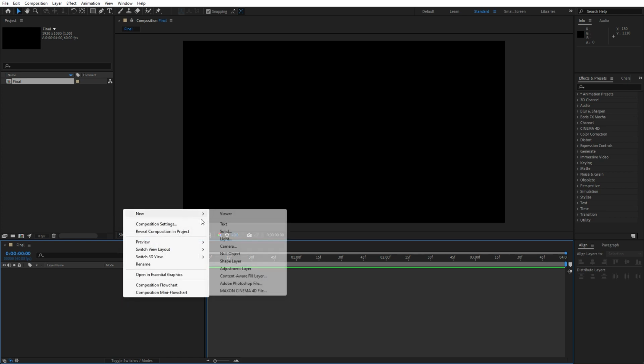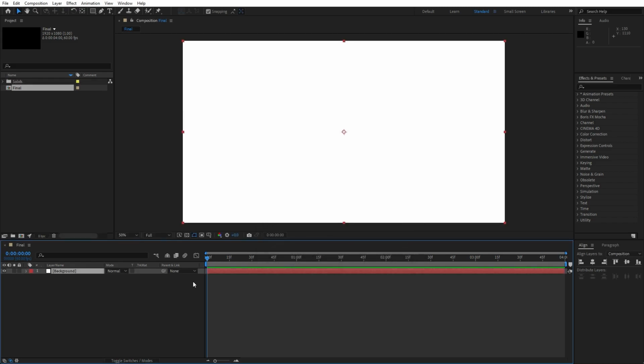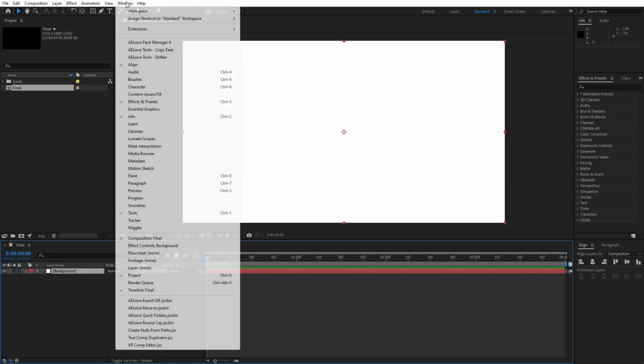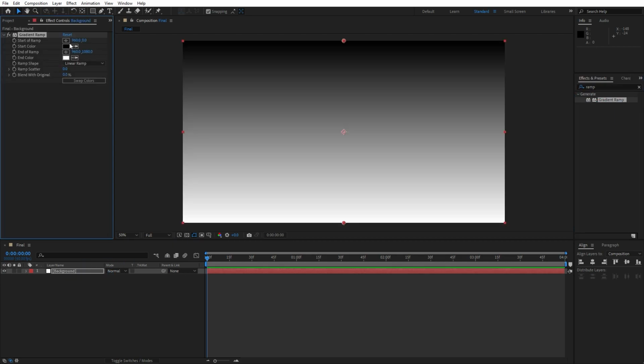Go right click, find here new solid layer. I will rename this one to background. Of course, you can type your own text. 1920 by 1080, hit OK. And now it's time to add our first effect here on background layer. Go here in the effects and preset, and if you can't find it, just go window and you will find it here. Okay, now type here ramp effect, drag and drop onto our background layer, and now let's readjust our